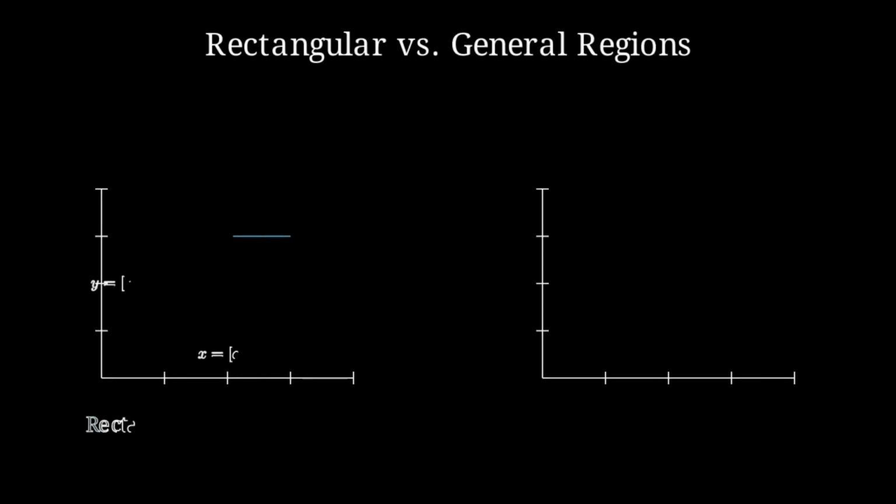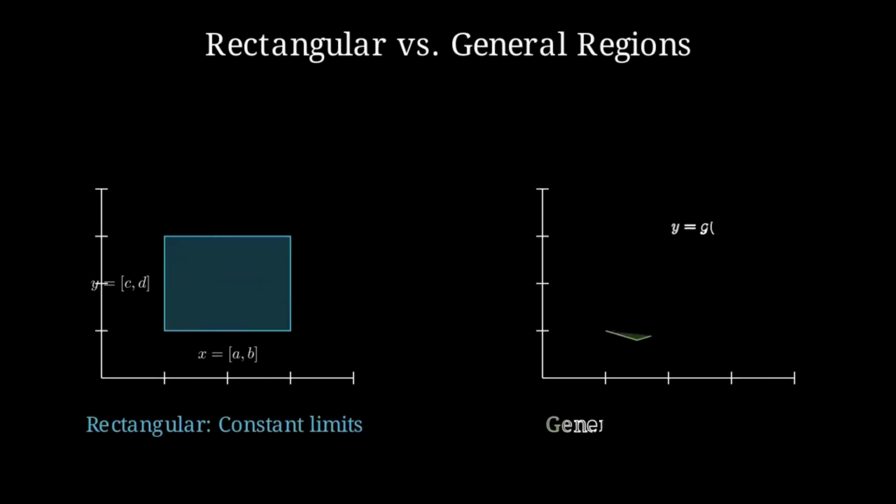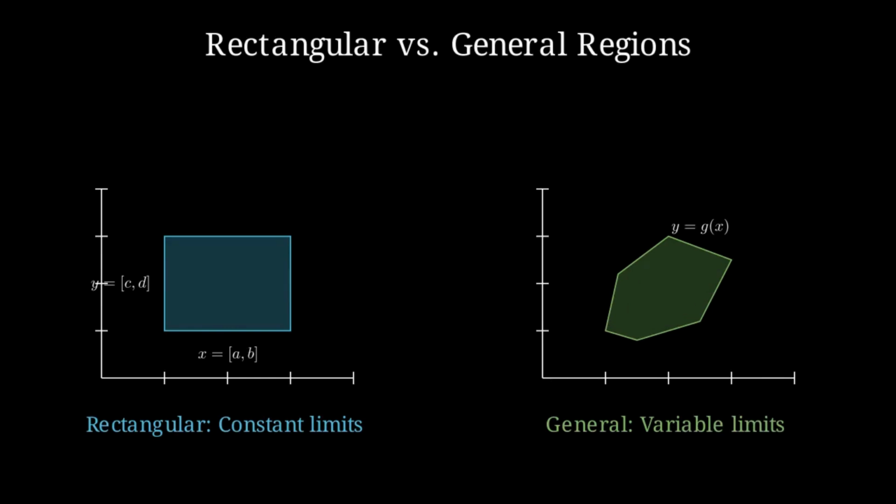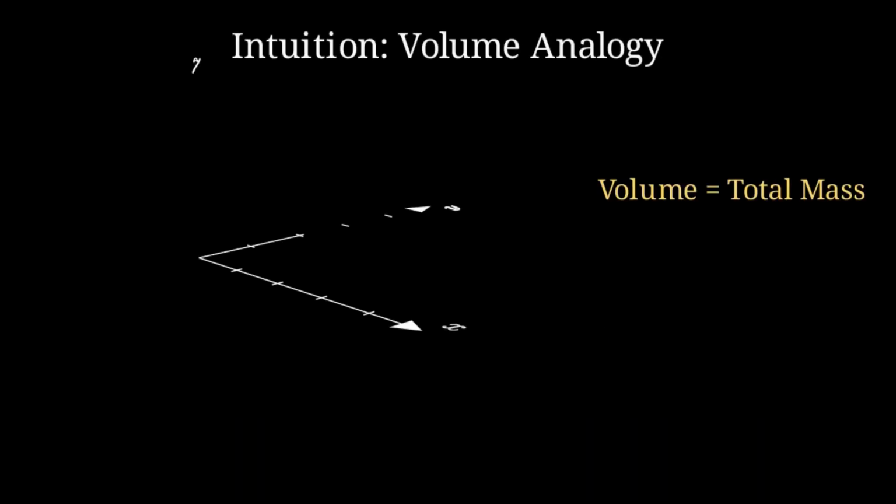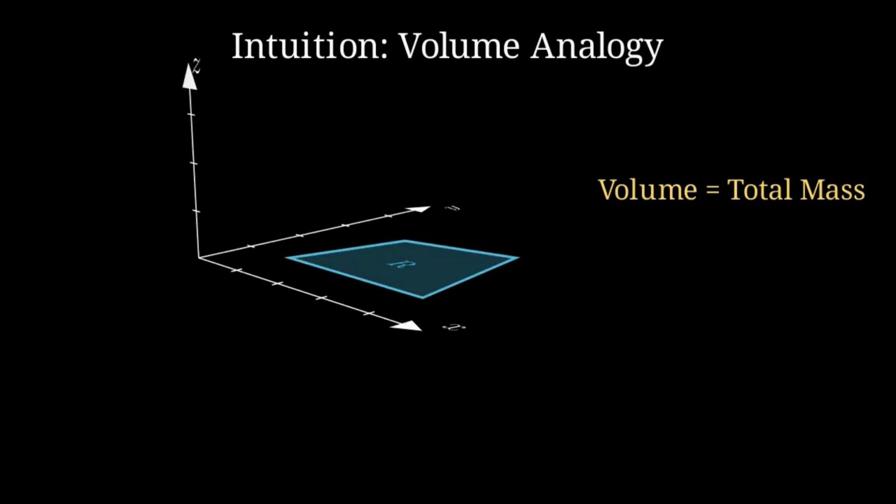If the lamina is a rectangle, our limits are simple constants. However, for general shapes, the inner limits will often be functions of the outer variable, requiring careful setup to cover the entire geometry correctly. You can visualize mass as the volume under the density surface. Just as the integral of a height function gives volume, the integral of a density function over a 2D area